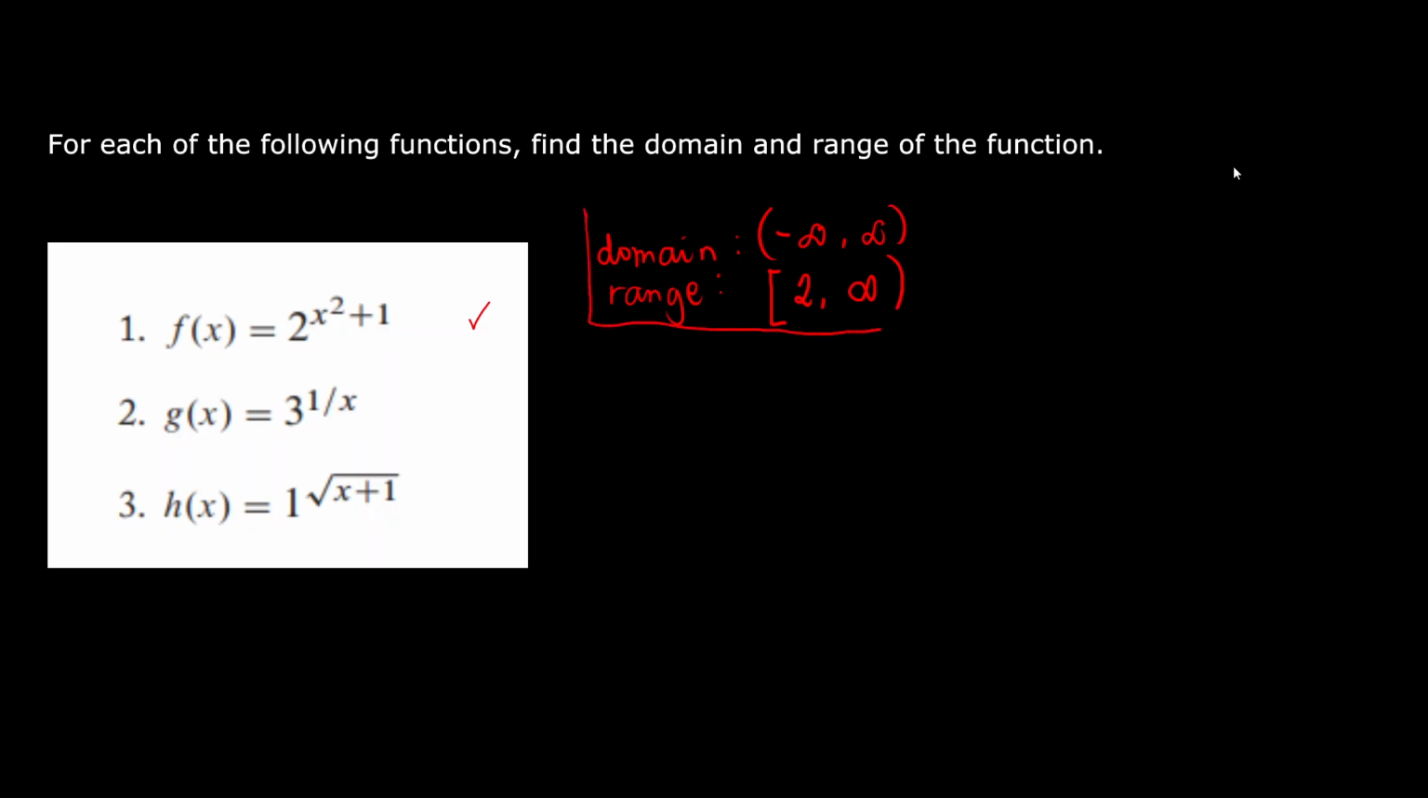Sa number 2 naman, diba, ang hindi lang pwede dito sa x is 0. Kasi 1 over 0 is invalid. So, ang domain natin is any number except x is equals to 0. Pag naglagay naman tayo ng range, halimbawa, ang lagay natin sa x ay 1 over negative 1,